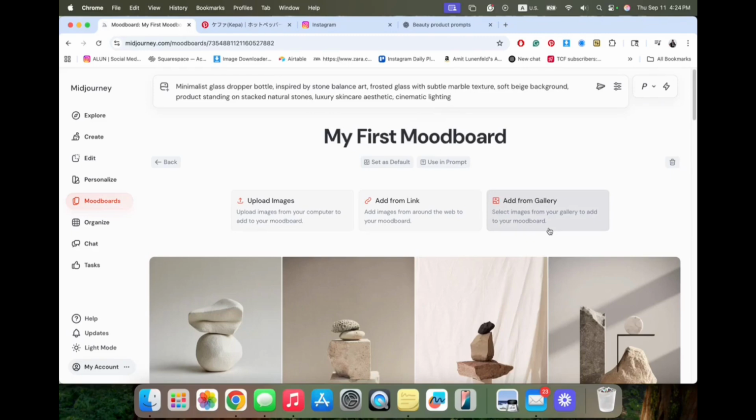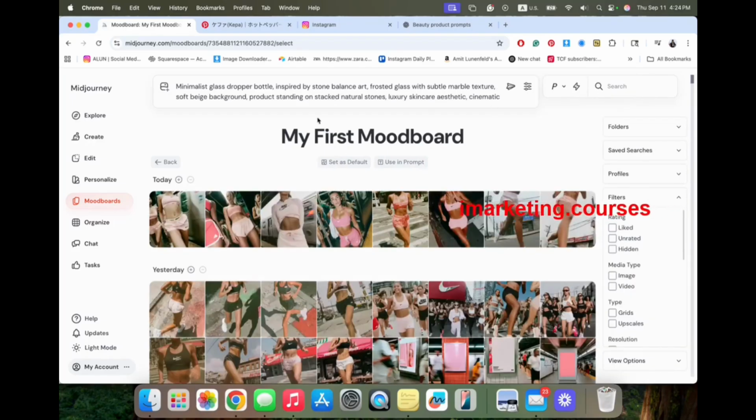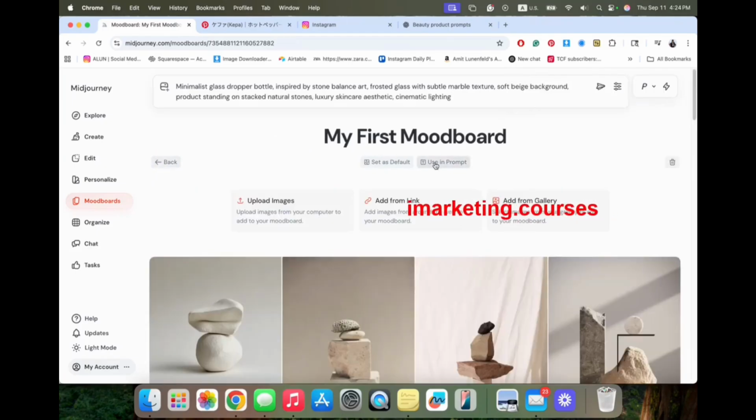So we can add here color, light, the kind of camera it was taken with, the texture of the images, and more details, the colors of your collection, and stuff like that. This is what I got from ChatGPT analyzing those specific images. I will go back and use it in the prompt.